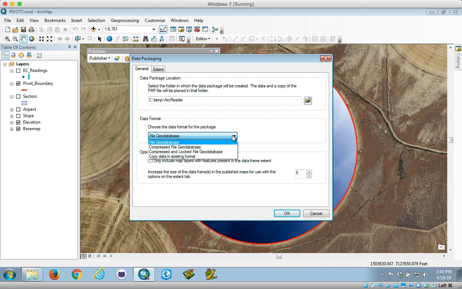I can just use a default file geodatabase, so it'll take everything out of its original file geodatabase, create a new file geodatabase, and put it in that temp ArcReader folder. I could use a compressed, I can lock that file, and or copy data in existing format. So if it's in a different format, like a shape file or something like that. So I'm just going to do a file geodatabase,